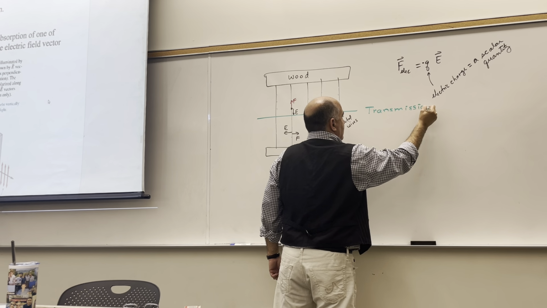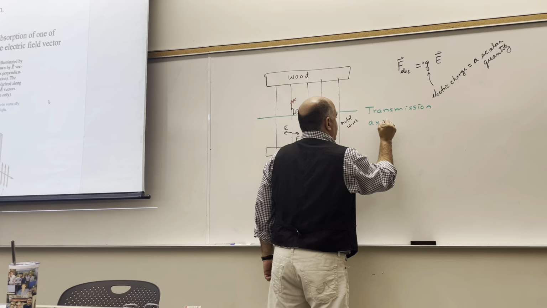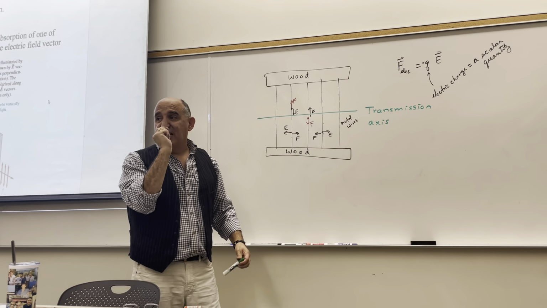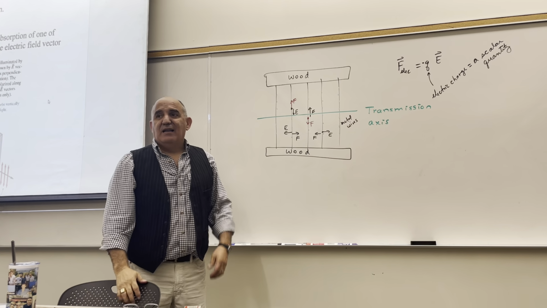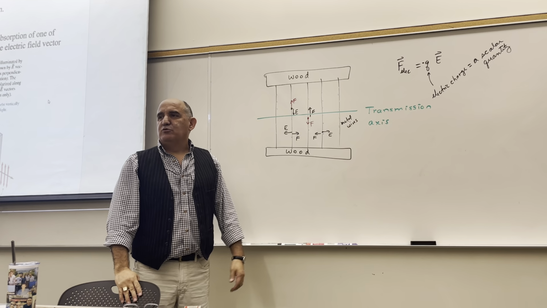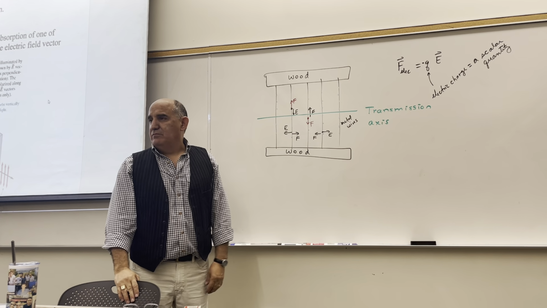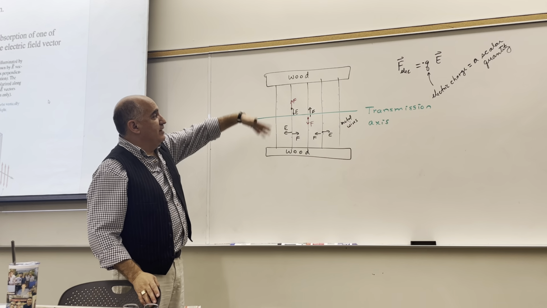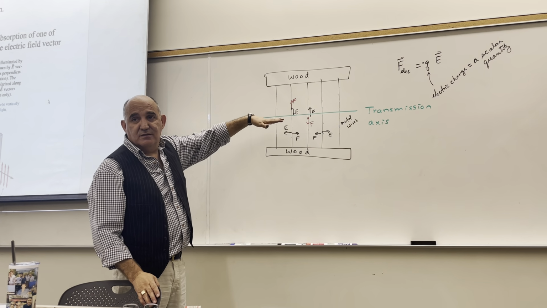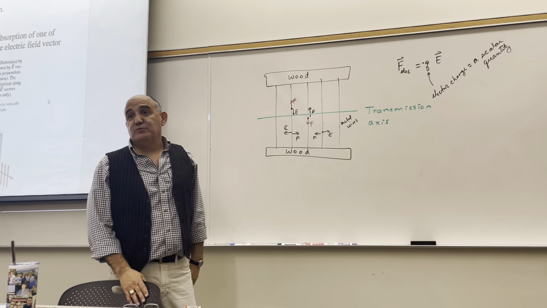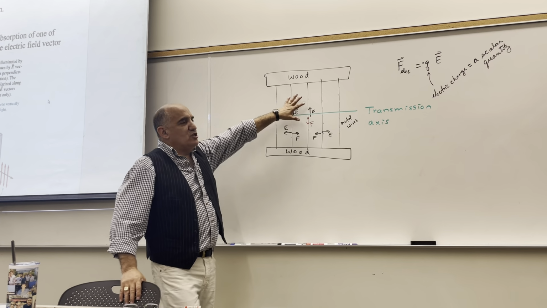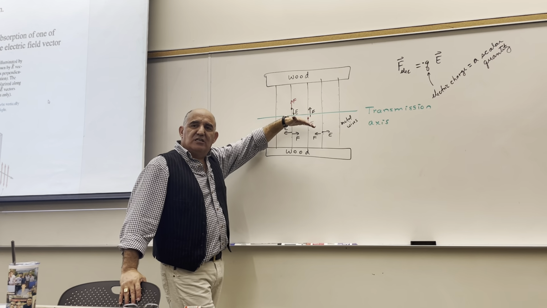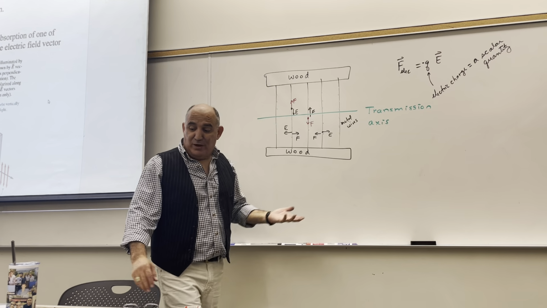That means that if the electric field comes in horizontally, oscillating horizontally, only just a little bit of energy is going to be absorbed by this unit. Most of the energy is going to go through. But if the electric field comes in vertically polarized, then this unit is going to absorb a lot. So this unit selectively absorbs the components of the electric fields that are vertical,